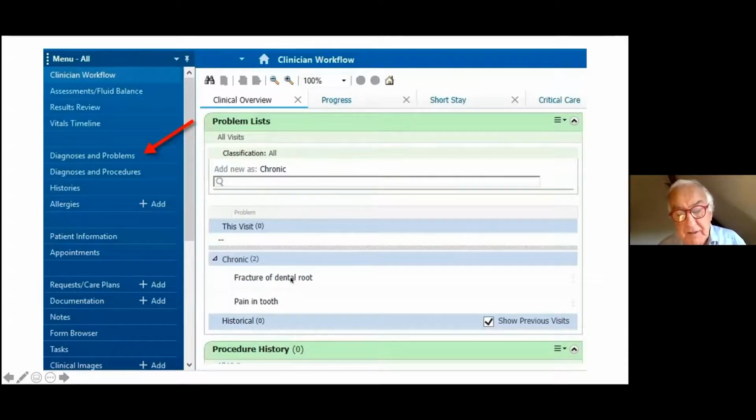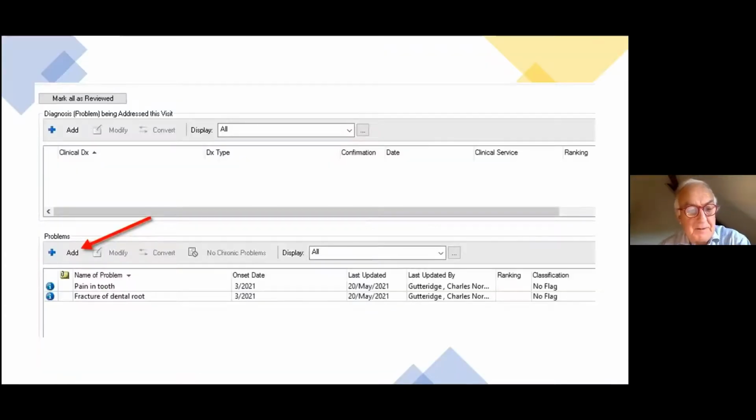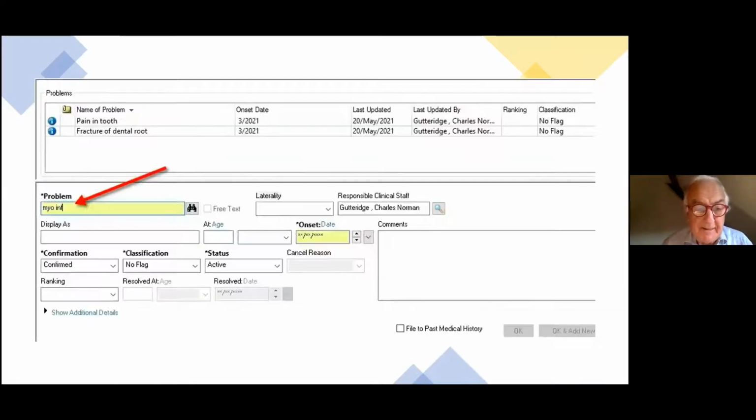Although this looks readable to you and me as ordinary English, it's actually encoded and is a SNOMED concept. And that's obviously very crucial. So how did I get those concepts into the record? Well, pressing the tab opens a control window listing problems, and I've highlighted here the add. So obviously I press add, and that opens another window where I can search